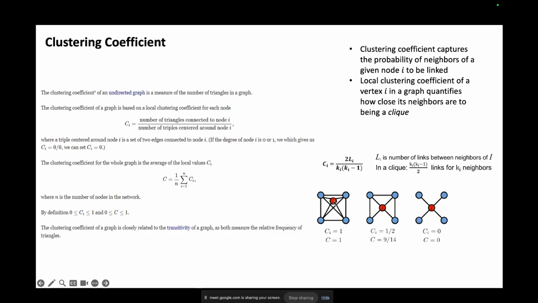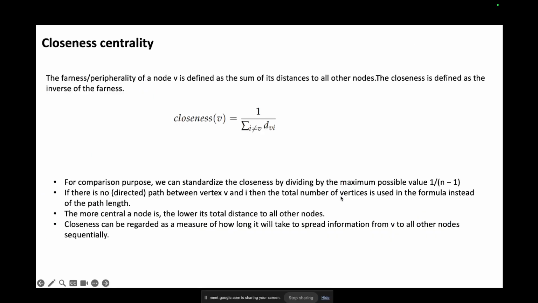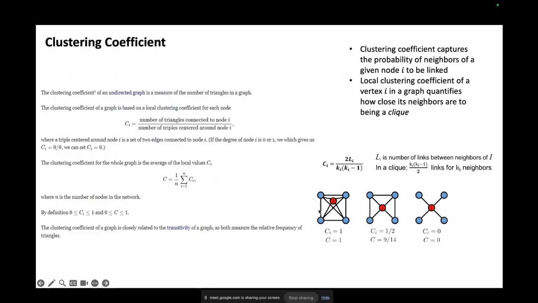So in this case, this will be 1 here, 2 here, 3 here, 4 here. Sorry, I missed it. So 1 on the left two nodes and the I, 2 on the top two nodes and I, 3 on the right two nodes and I, 4 on the bottom two nodes and I, right? We have 4